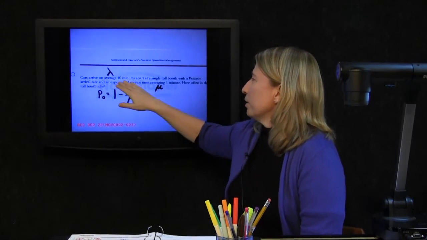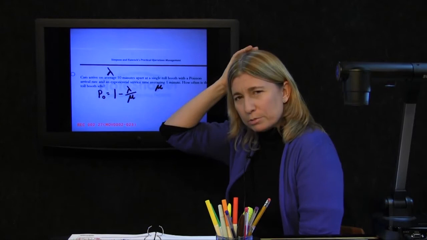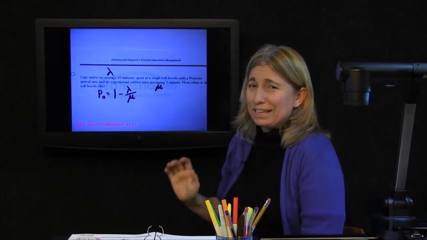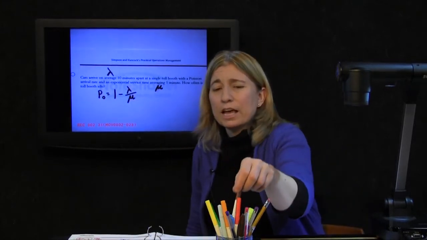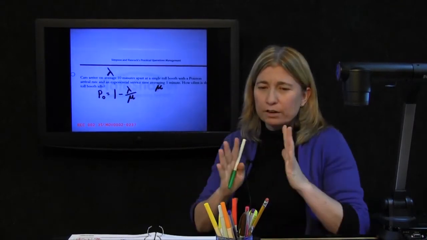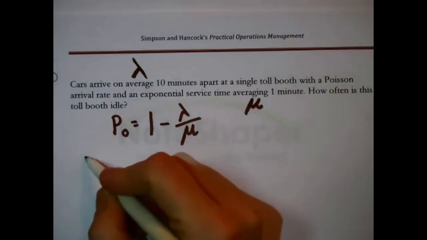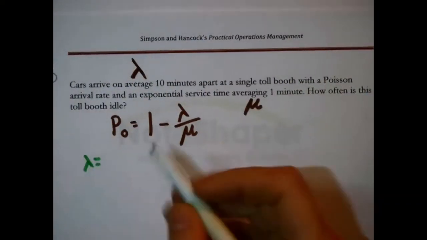Cars arrive at an average of 10 minutes apart. That is information about lambda, but lambda isn't 10. To get MM1 formulas to work correctly for you, you have to remember there's a very particular definition for lambda and mu. Lambda is